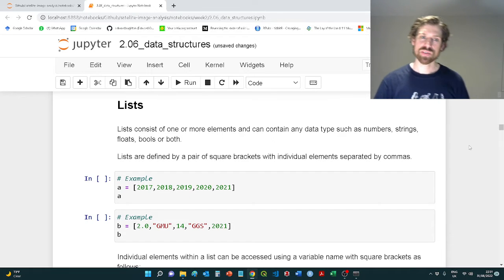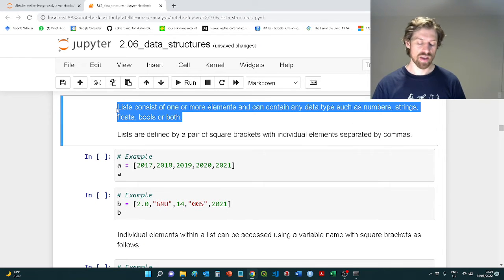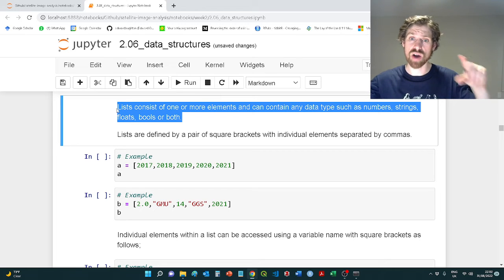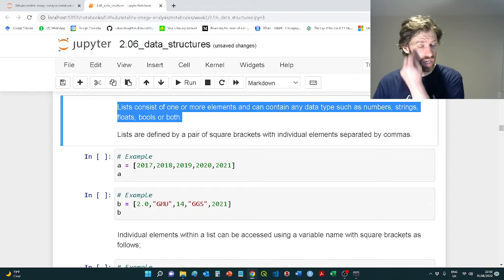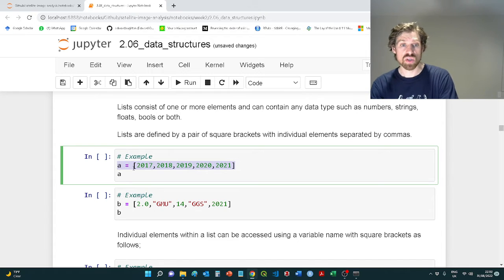Hello and welcome to this video where we're going to be thinking a little bit about lists. So lists essentially are a data structure that allows us to hold a wide range of different data types. And the key thing about lists is that they're defined by their square brackets on the end of a particular list. So here we have A equals, and then square brackets, and we have 2017, 2018, 2019, 2020,